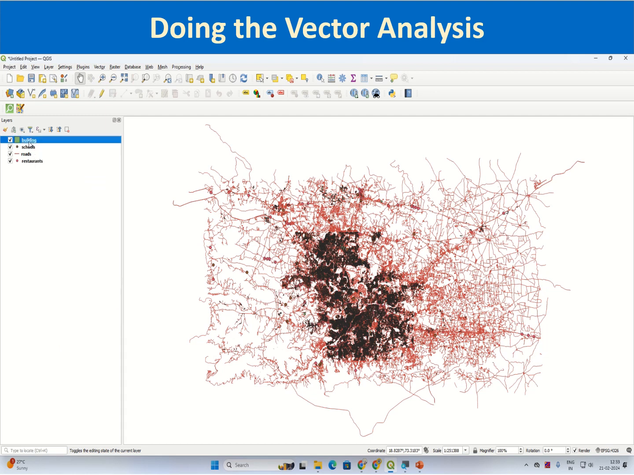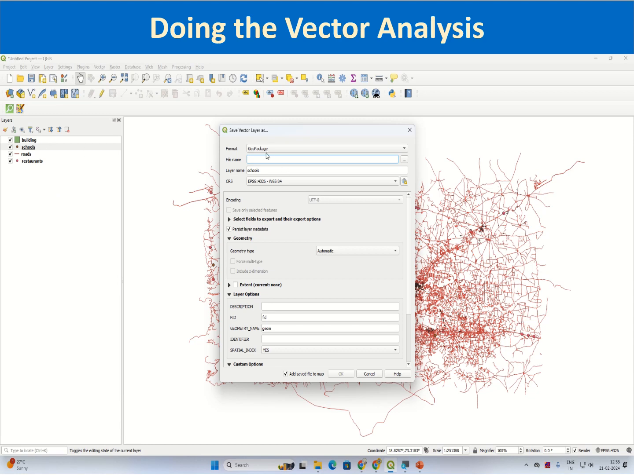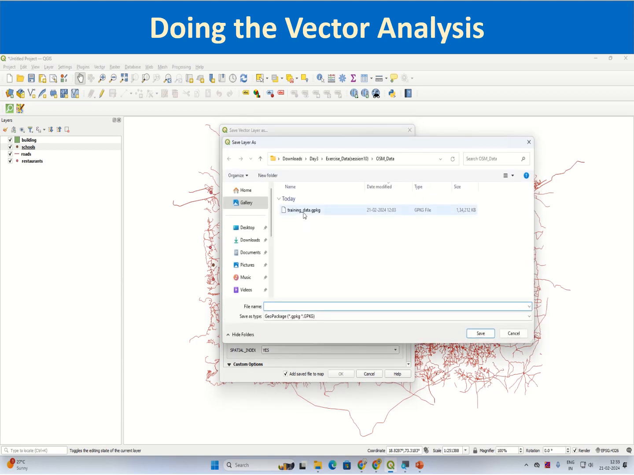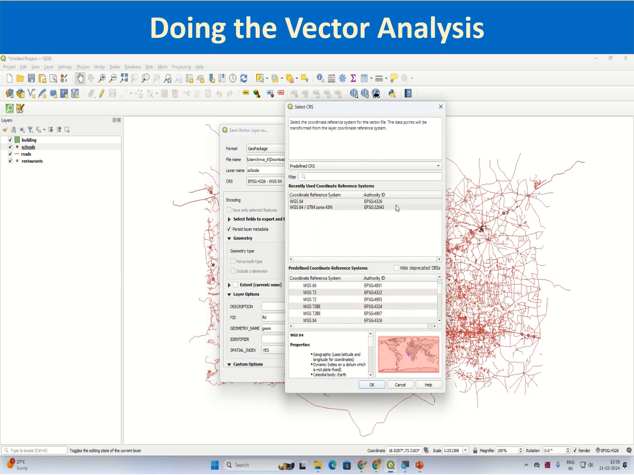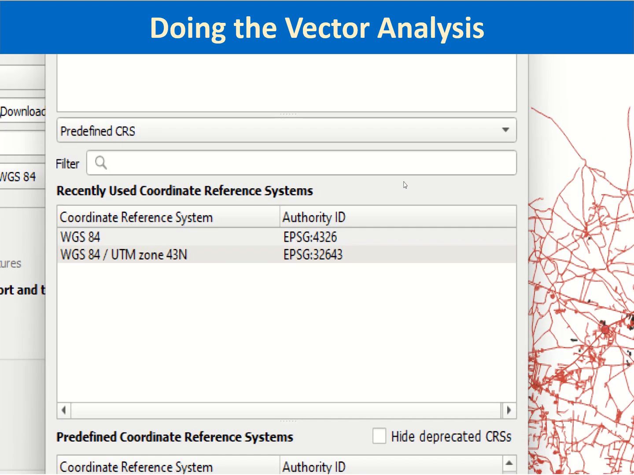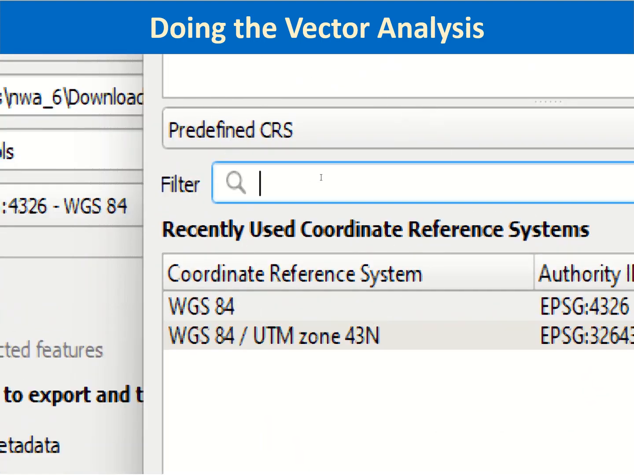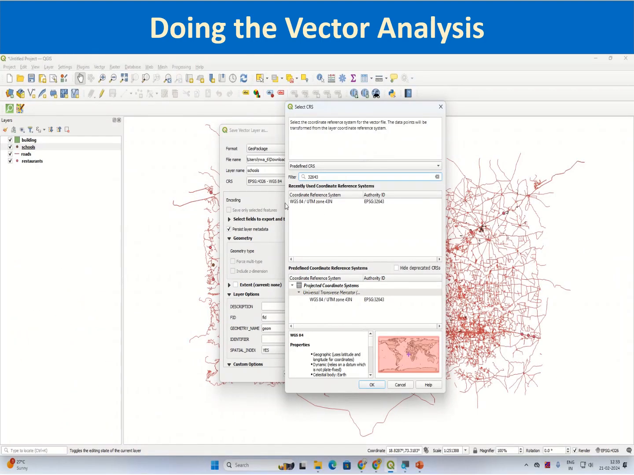So you can export each of these features as save feature as, and then you can save it to the same geo package of buildings training data. You can select the geo package, and here instead of CRS 4326 you can select 32643. You click this globe symbol here, select CRS, and in the dialog box in the filter you type 32643, and then it will show you the results in the recently used coordinate reference systems or in the predefined coordinate reference system. You can select it and then press OK,